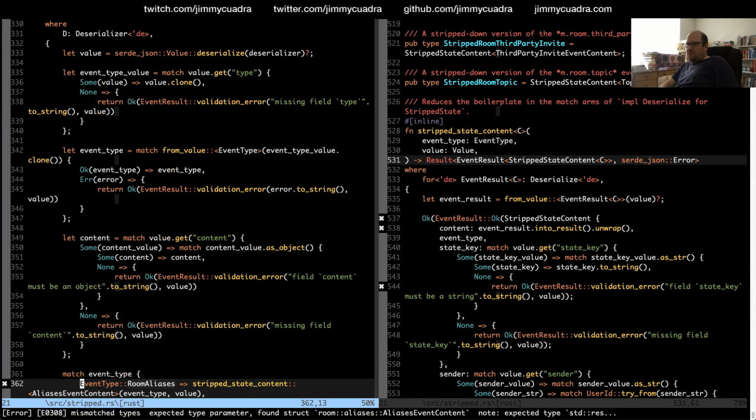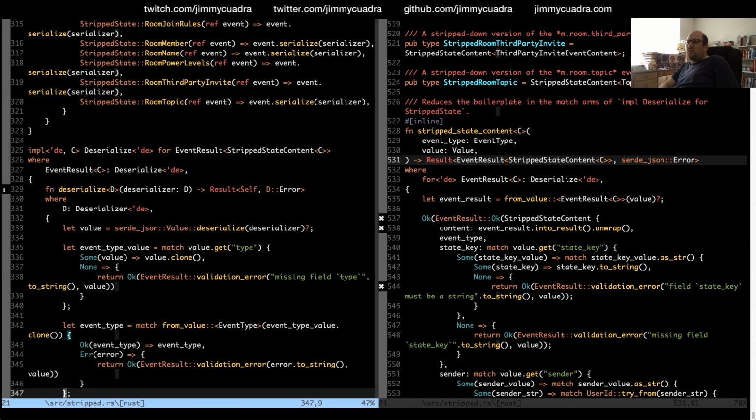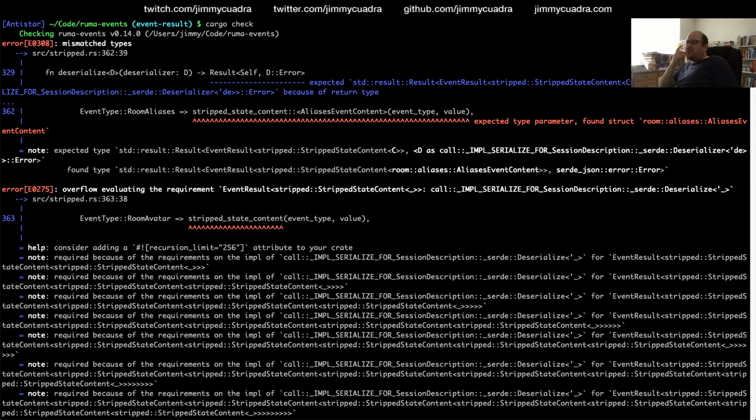Expected type. So the structure matches, other than the fact that stripped state content C. What does it think C is supposed to be? So C is anything that has an event result deserialization, which it does, which aliases event content does.